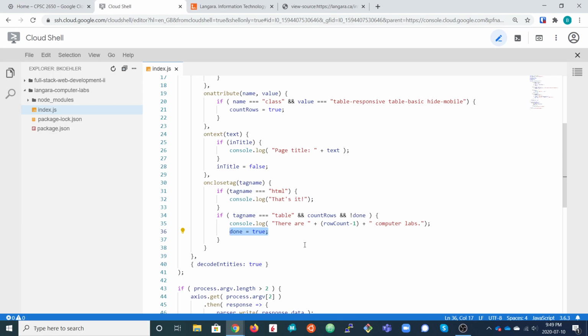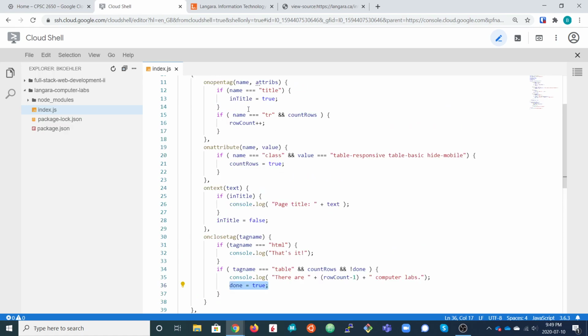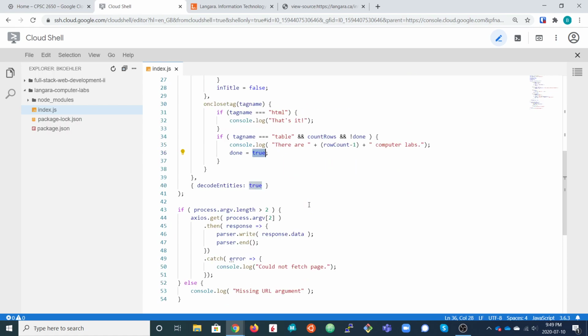The reason for that is these other event handlers are going to trigger for the classrooms and the meeting rooms and the lecture theaters as well and continue to count those, but we don't want to report the data from those. So after we've finished the first table, we know we're done, because the computer labs are listed in the first table. And that's it.